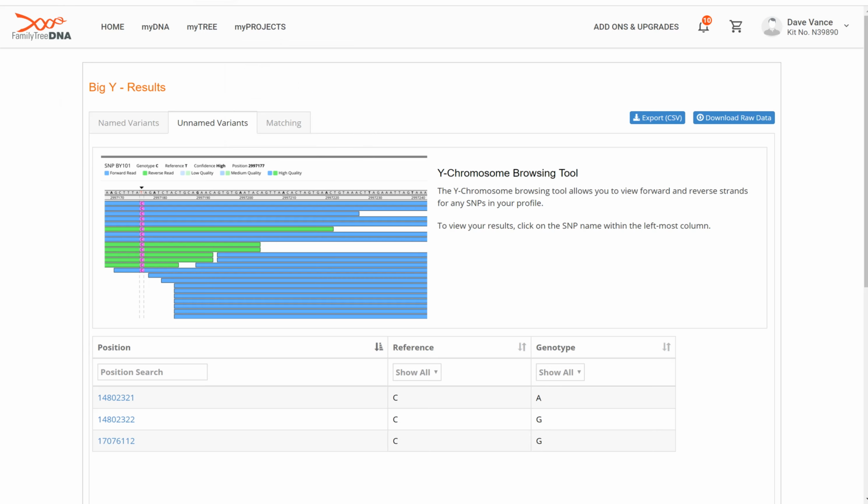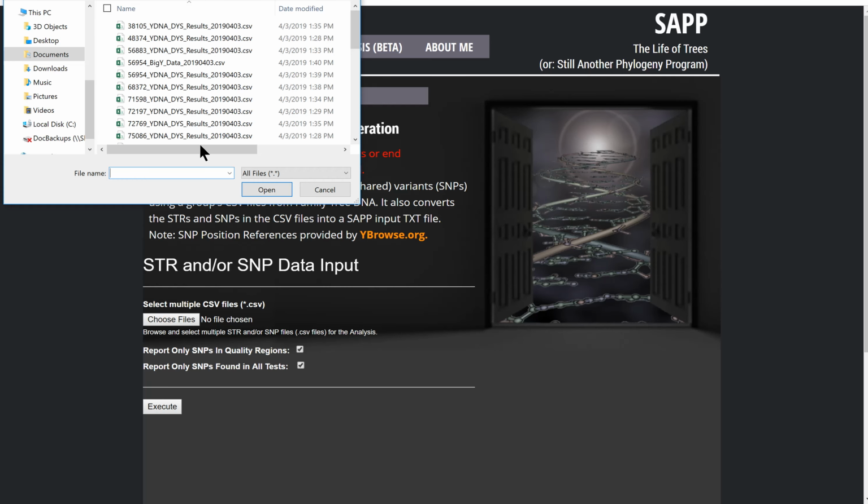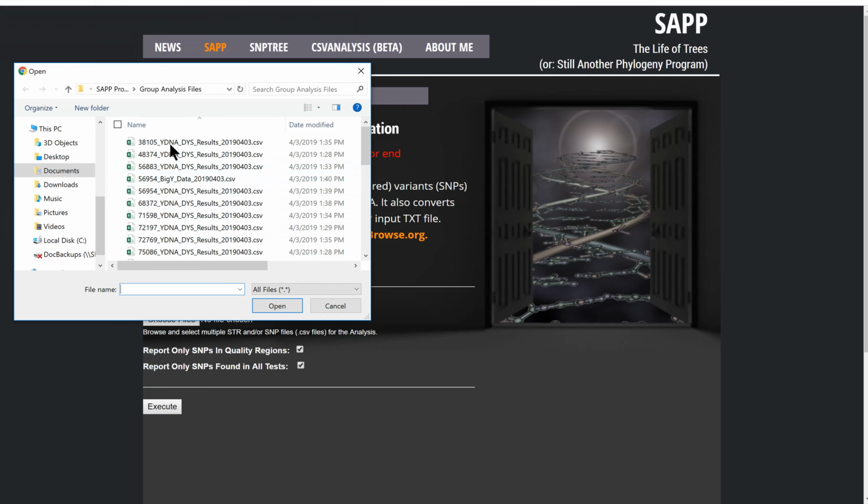Once you have those, you put them all into one place. If you're a project admin, you can get these for your group by going into each kit and exporting those files. If you're not a project admin, you'll have to ask your matches to send you those files. Either way, you gather the files together, you go back to the CSV analysis tool, and you select the Choose Files button, which will bring up